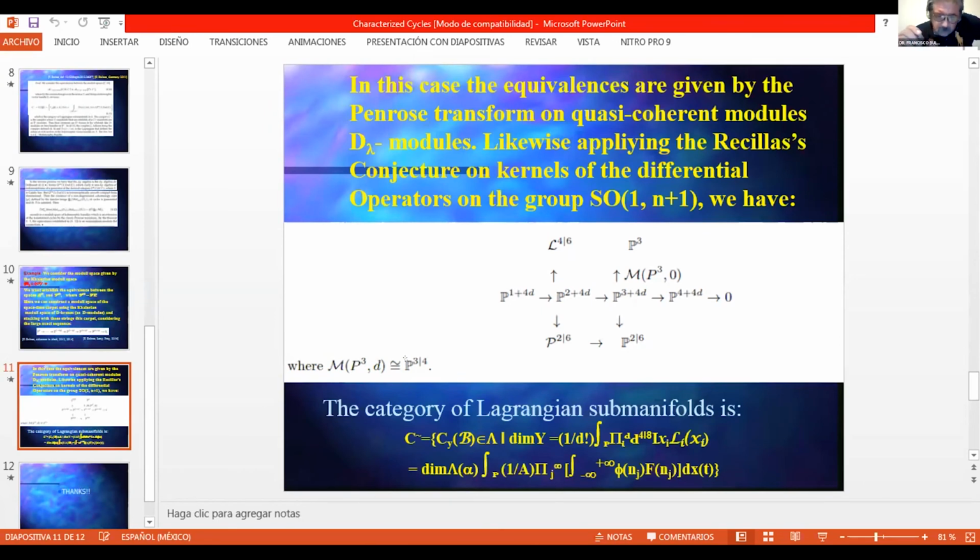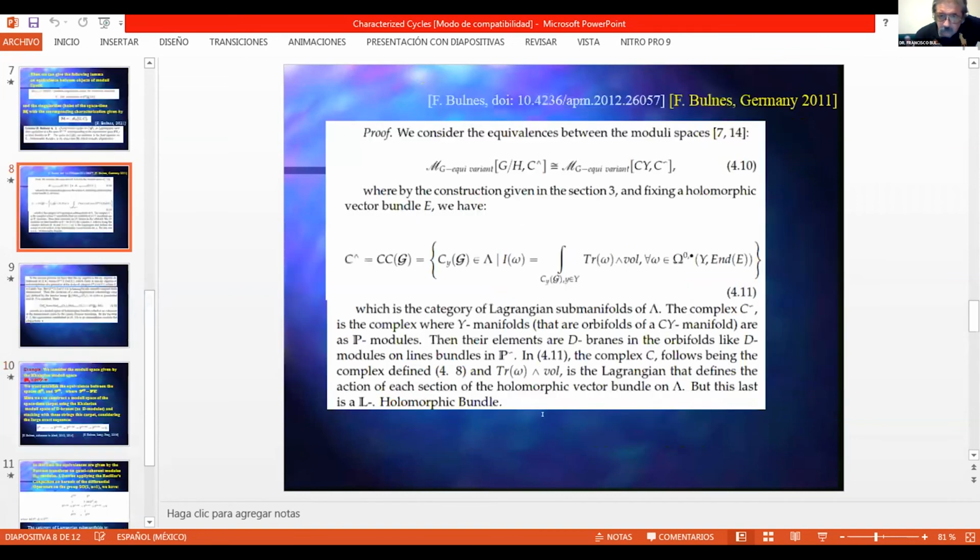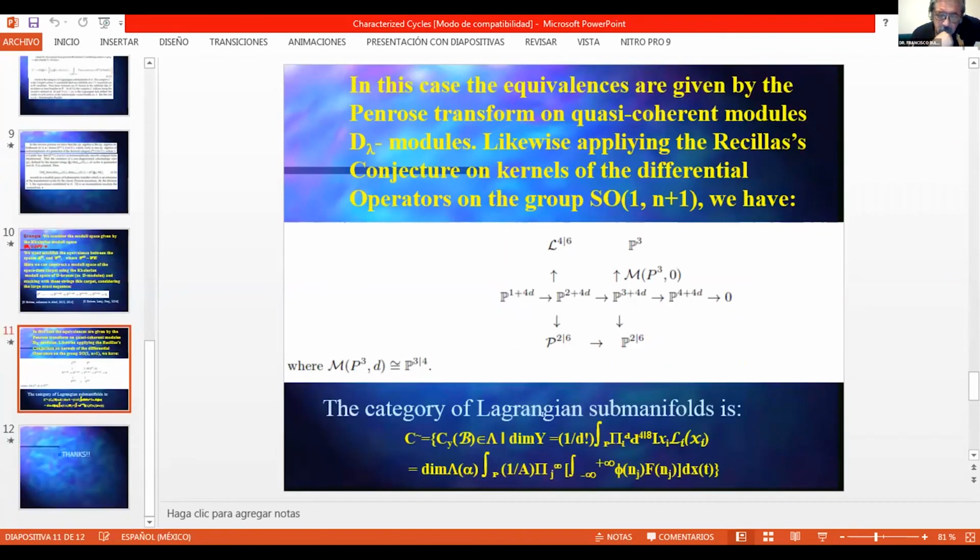All this research is given by microscopic aspects in the space-time. Remember, these aspects are most important because everything that happens in the universe is a consequence of what happens at the microscopic level. The category of the Lagrangian manifolds is given by this space. This space is analogous with this space for this particular study.